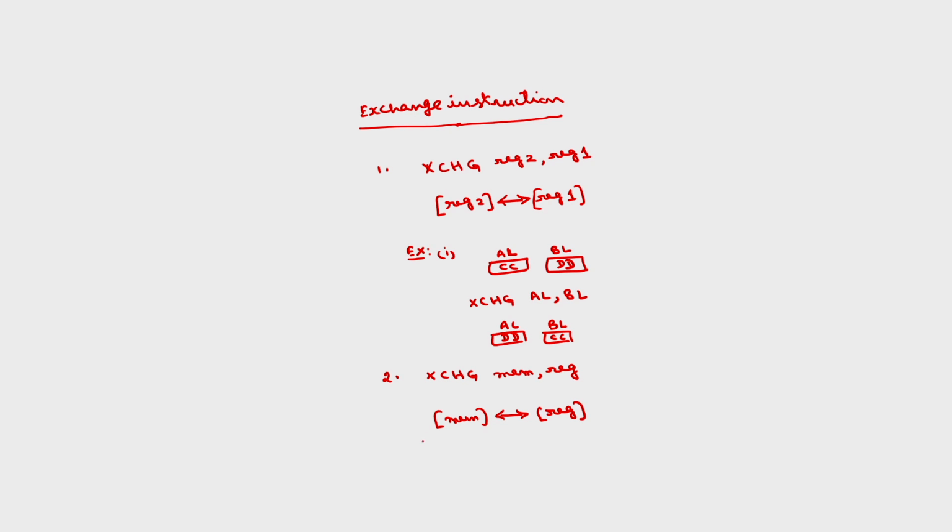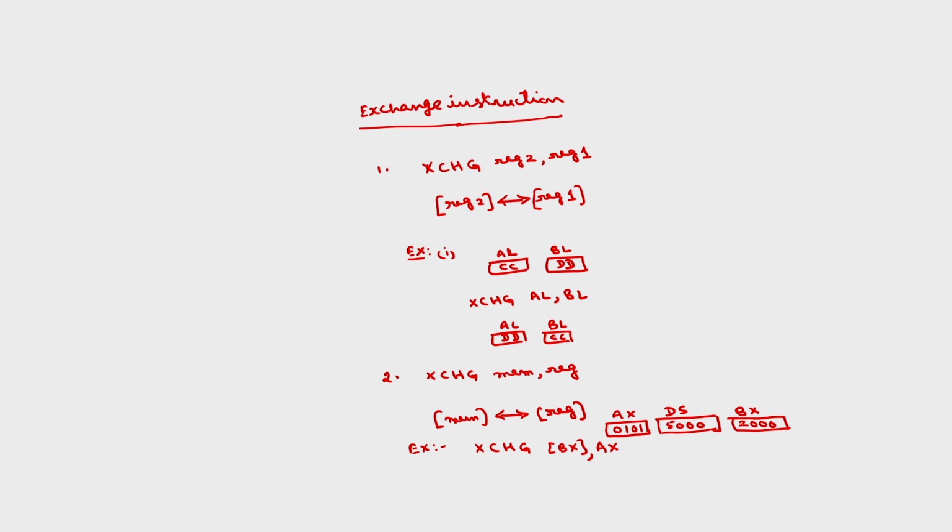If I take an example, XCHG [BX], AX, if the contents of AX are 0101H, and DS is 5000, we know that for all these memory calculations by default the segment register is the data segment, and BX is 2000,